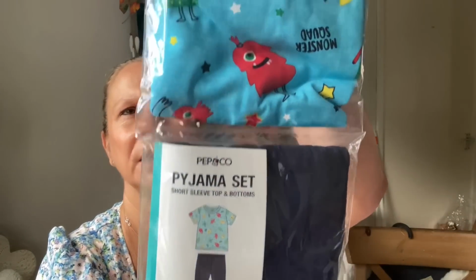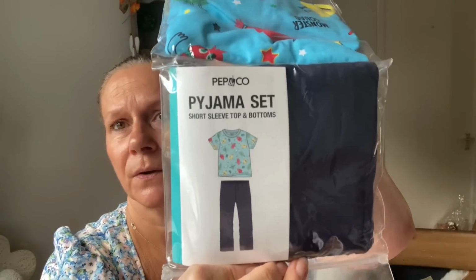So these were £3.50, and it's a pyjama set, short sleeve top and bottoms, and they are monsters, little monsters. I've just seen him today, actually. He's just a delight. I went over to see my mum to take her some apples from our tree, and I took her my other sister Mandy's birthday gift that I bought while I was in Wales, and I took her the Clog Eye Gold magazine. So it was nice to see her, and she was at John's, so we got to see Babby too,